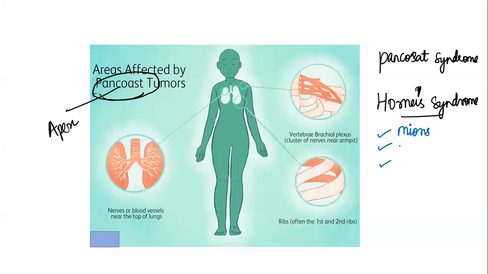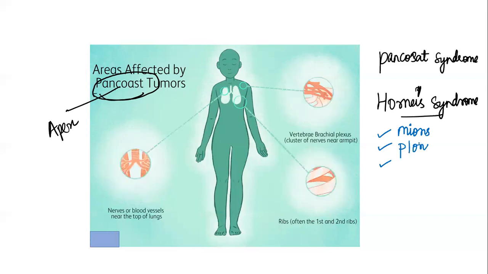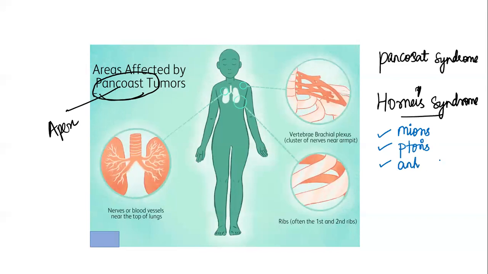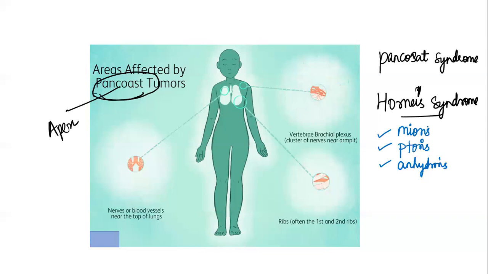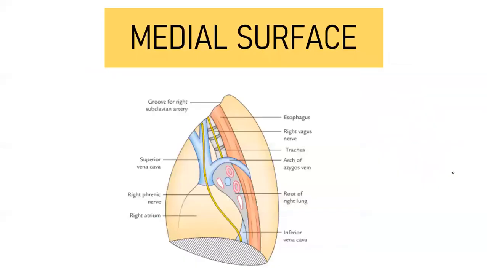The second one is ptosis. What is ptosis? Sorry, it is not watery eye, it is drooping of the eyelid. So the eyelid will close. Then anhidrosis, there is absence of sweating in the face. So there is a constricted pupil, that is miosis, ptosis, drooping of eyelid, and anhidrosis, that is the characteristic feature of Horner's syndrome,